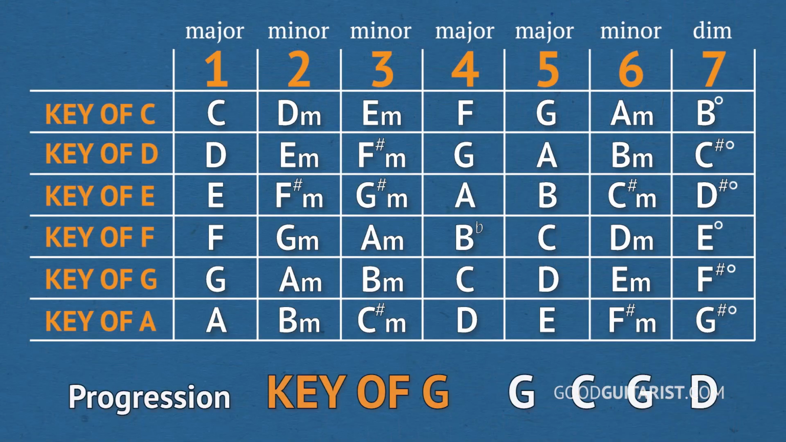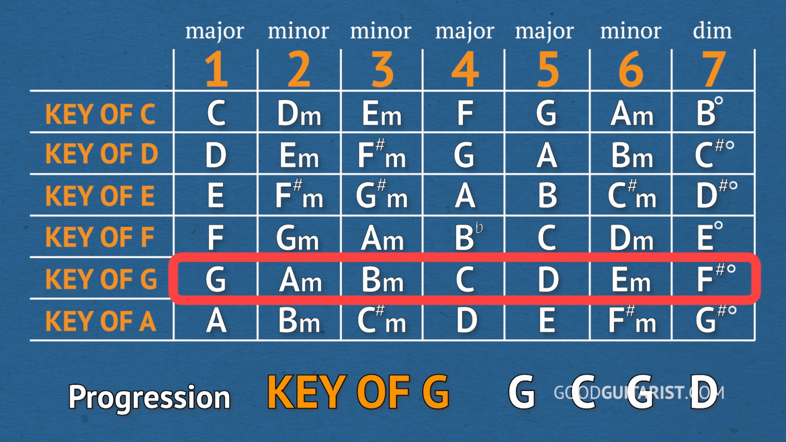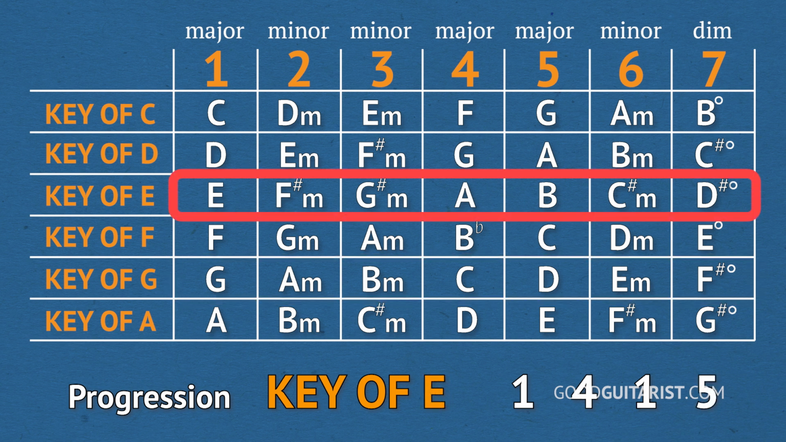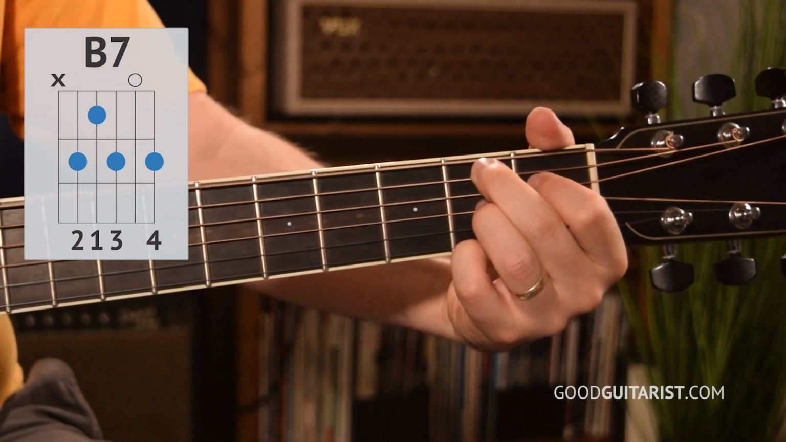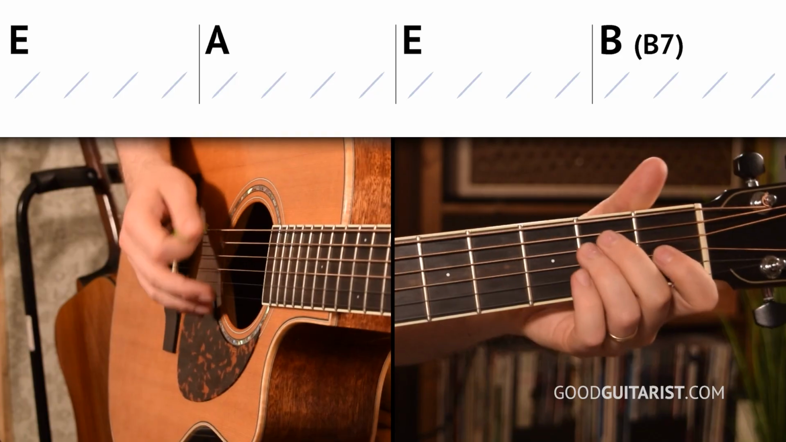Or we can change keys to E. Looking at our chart here, where we have G, C, G, D. G is 1, C is 4, G again, that's 1, and then D is 5, and we'll go to the key of E, and that gives us 1 is E, 4 is A, 1, that's another E, and then 5 is B, so we have E, A, E, B. And for B, let's make it a B7 chord, make it countryfied, and we can play like